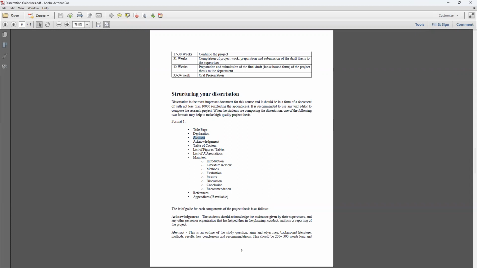Anybody who is interested in your thesis, and if you present this to an interview panel, they will mainly go through the abstract and get an idea of what you have done and what you have achieved. So that should be reflected in the abstract. Then acknowledgement, where you can acknowledge the people who helped you. And here the table of contents. In the table of contents, you have to separate the list of figures and list of tables into two separate tables.